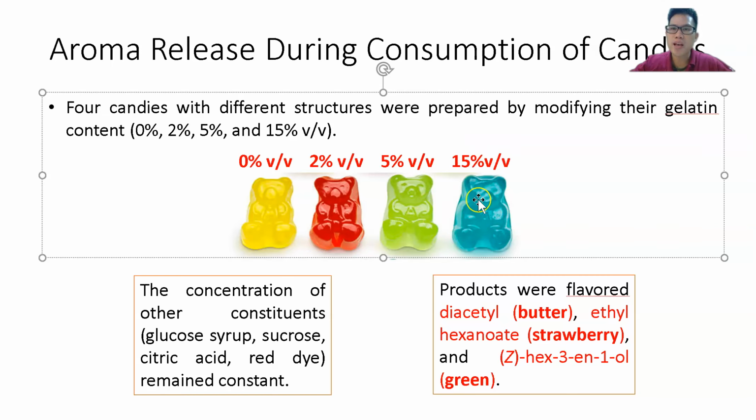Whereas with 15% or higher percentage of gelatin, which requires some mastication, it will be in your mouth longer, the flavor will be released, and then it can be perceived. So next time when you make candies, this is very important. The amount of gelatin dictates how long it's going to be in your mouth. That's why with chewing gum you always chew. The more you chew, the more it keeps releasing flavor into the nasal cavity through the retronasal path, so you can taste the aroma a bit longer while chewing the gum.